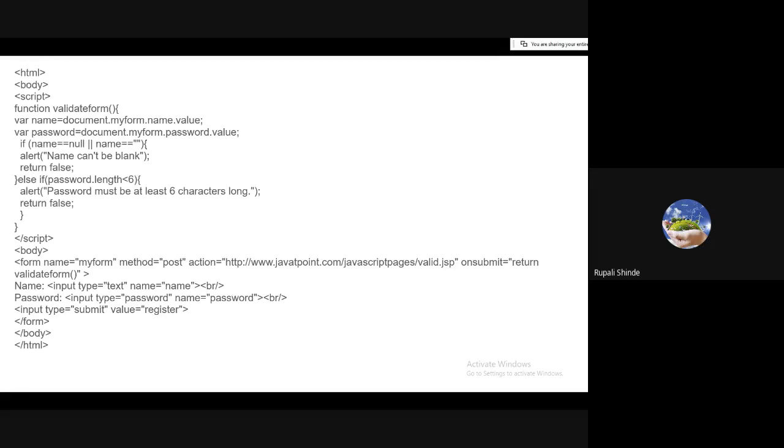validateForm. So on submit, whenever we submit the form, we call the validateForm method. Here, method is an attribute of the form that indicates there are two methods, get and post, by which we can transfer the data. With the get method, the content inserted into the form is transferred as it is to the server side. But with the post method, the content inserted at the client side is encrypted and then transferred to the server side.